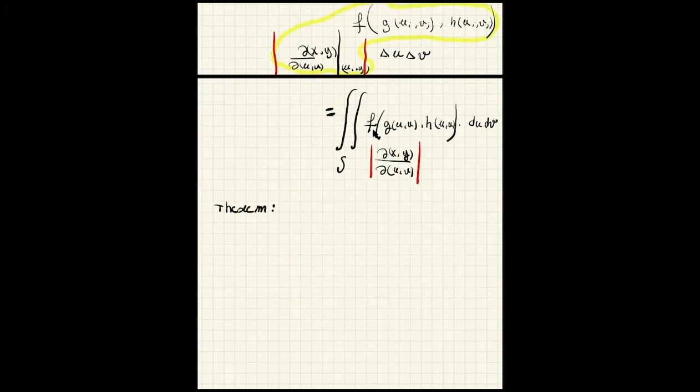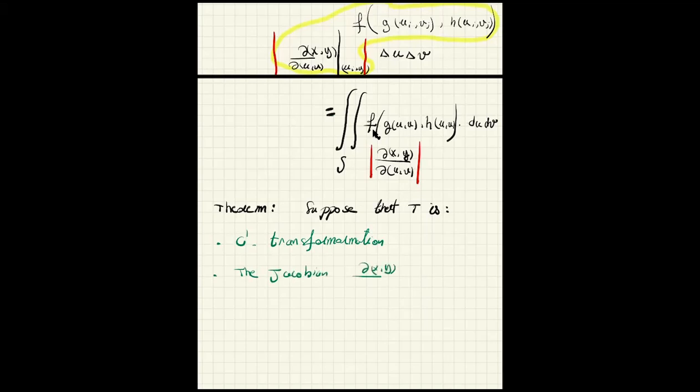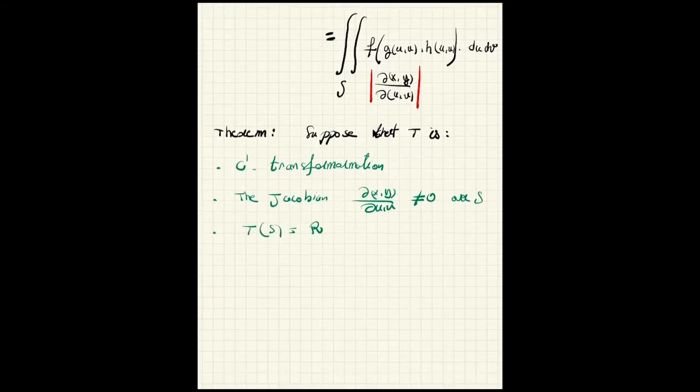So we have a theorem that says: suppose that T is a C1 transformation, the Jacobian del(x,y) over del(u,v) is not zero over S, T of S is equal to R, T is 1 to 1,